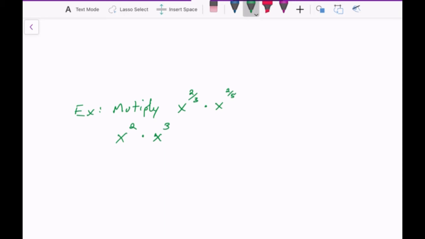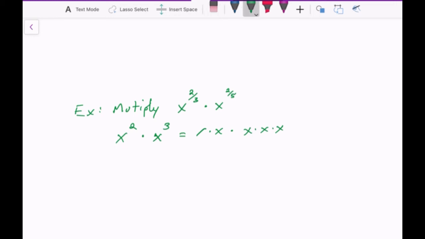So I'm just substituting with easier numbers first to get the strategy, and then I'll go back and solve the original problem. So if you think about what this is, I know that x squared is x times x. And I know that x to the third is x times x times x. So that's x squared times x cubed,